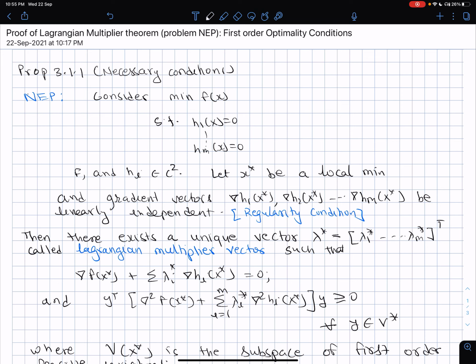So the problem that we are considering, if you recall, is the problem of minimization of f(x), where x is an n-dimensional vector and there are equality constraints, typically non-linear now. Linear constraints can also be considered as a subset of this, and these constraints are described as h1 of x is equal to 0, h2 of x is equal to 0, and so on up to hm of x is equal to 0. So these are the conditions.